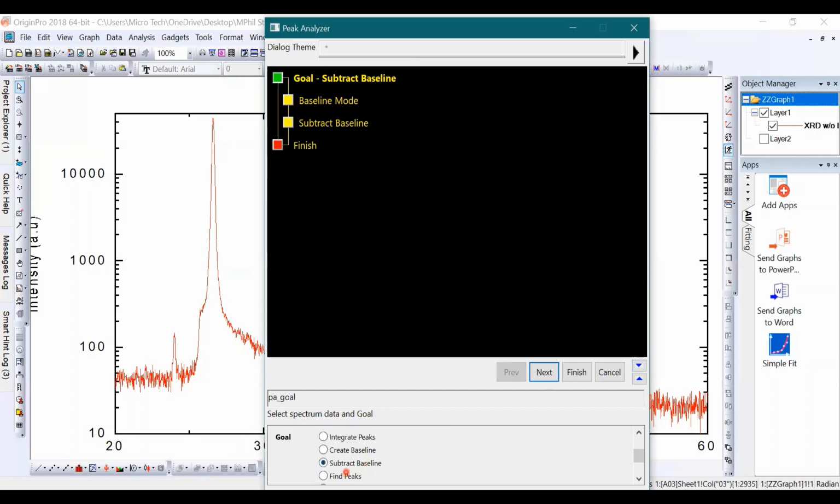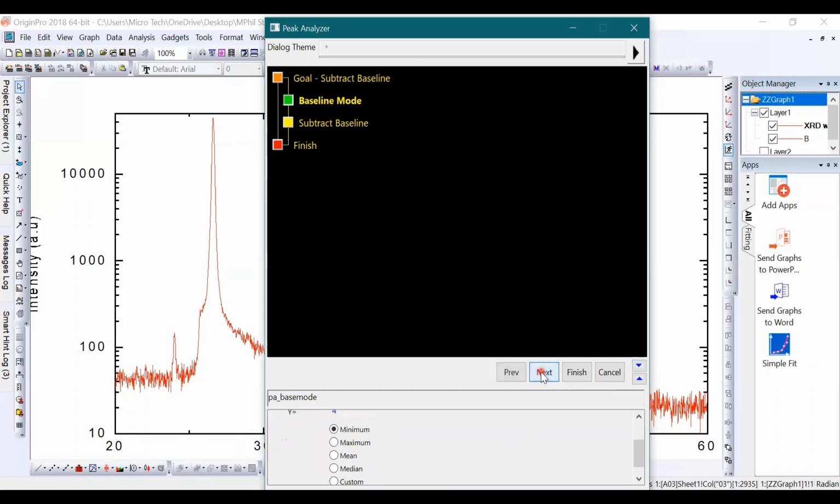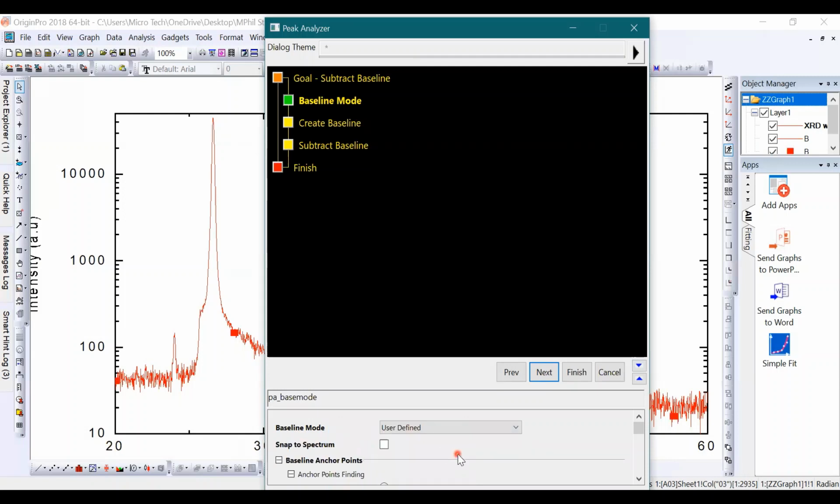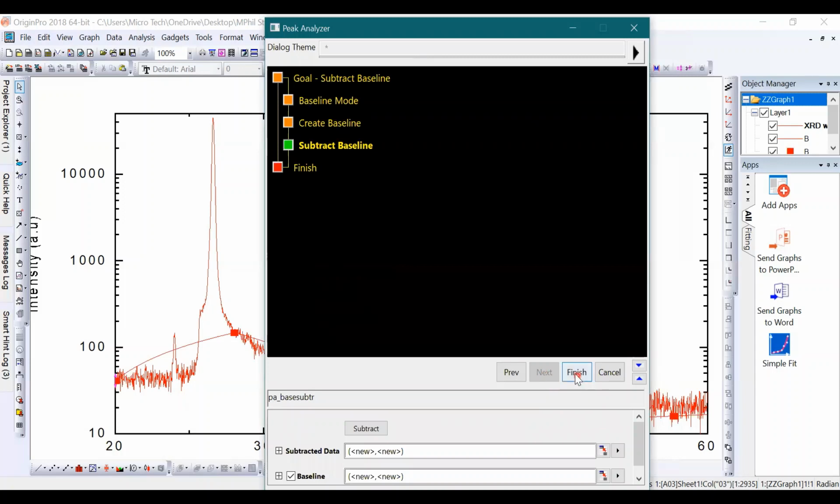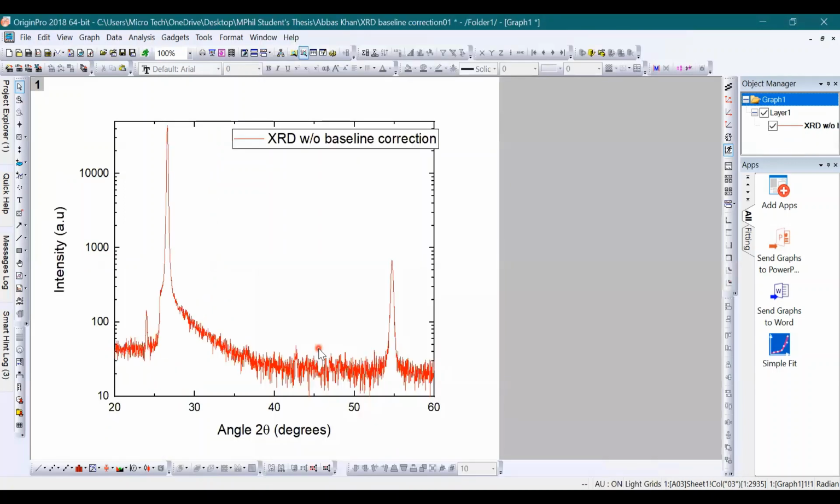Okay, once you do this, click on Next, and you will find these options where you have a baseline mode, and that should be user defined. Once you do this, click on Next, and then you have this window of options. You have nothing to do here, just simply click on Next and then click on Finish. Once you do all of this,